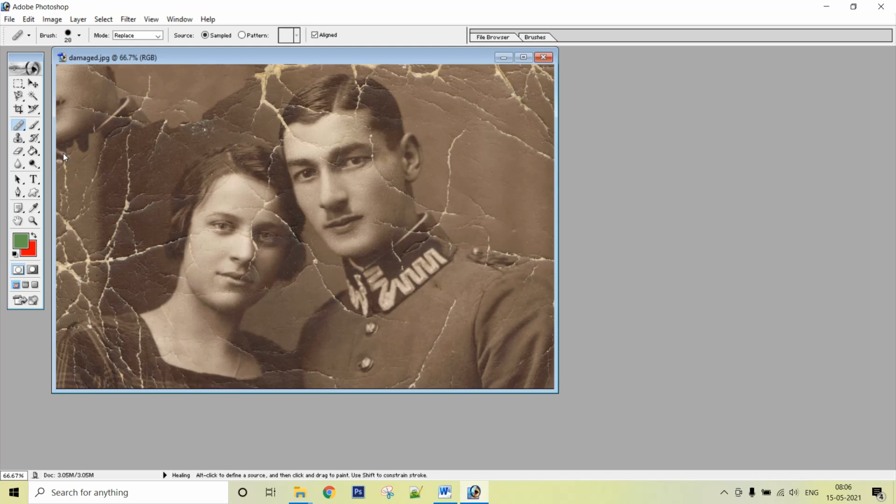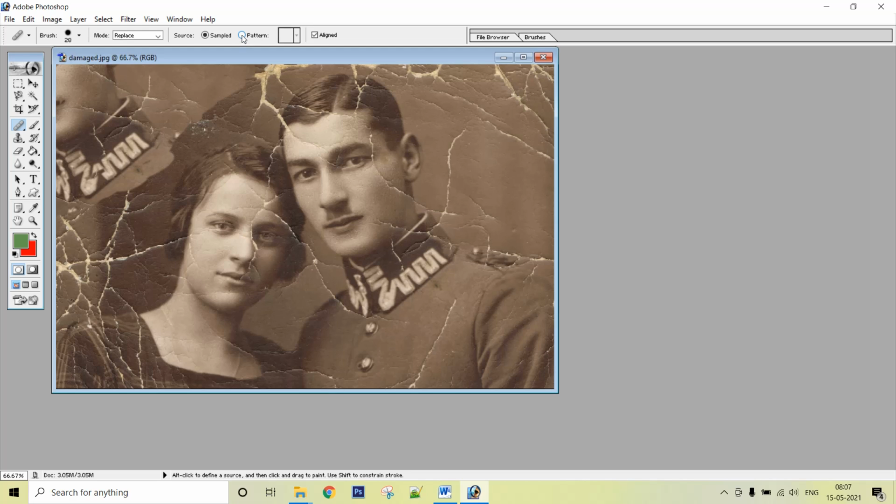So the aligned one, you can use this option if you want to copy a portion of an image and paint it again on a different area in such a way that the new area is totally blended with the existing one, right? So this is another way of using this.